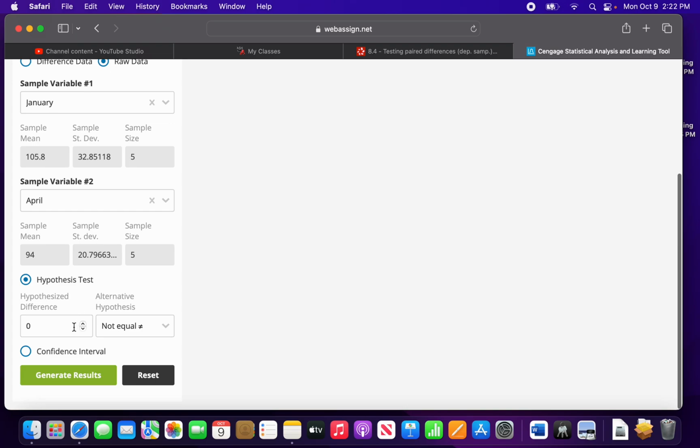Down here, we still want our hypothesized difference to be 0, showing that there's no difference statistically between peak wind gust. But we're going to make an argument that January was a higher wind gust than April, meaning that if that's true, that needs to be a positive number. When we generate results,